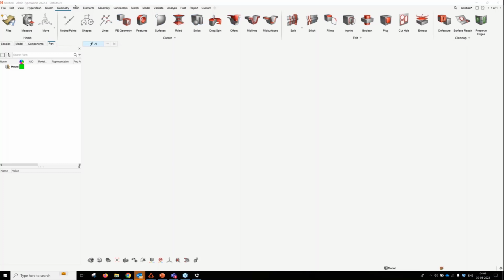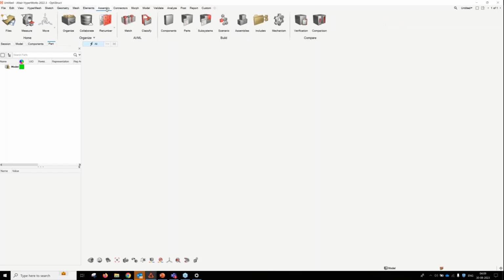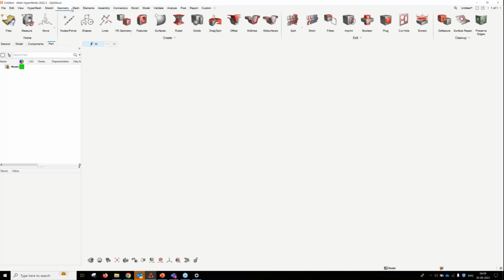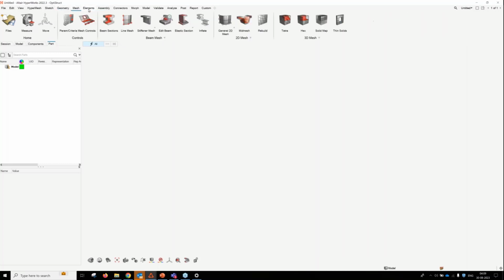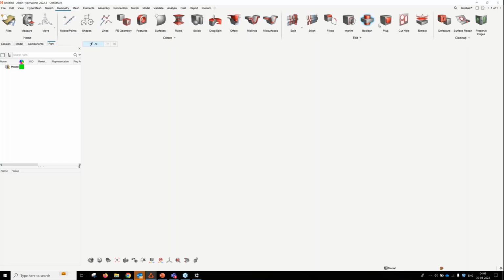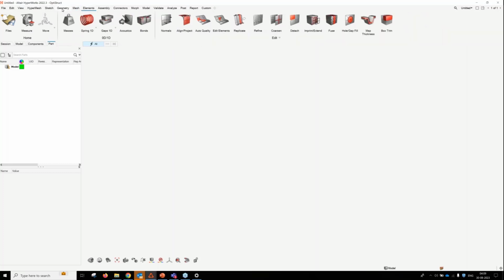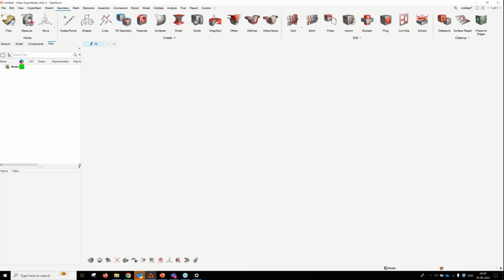We can also notice different menus. We have a geometry menu, a mesh menu, and an element menu, and when you switch between different menus, you can see the ribbons, the functionalities, keep changing. Suppose I click on the geometry menu,